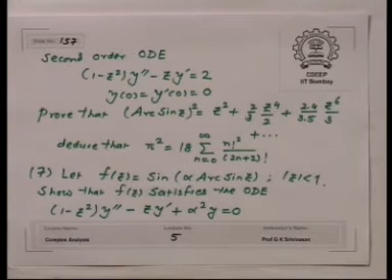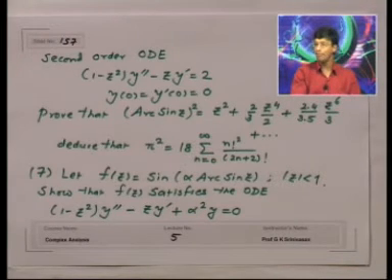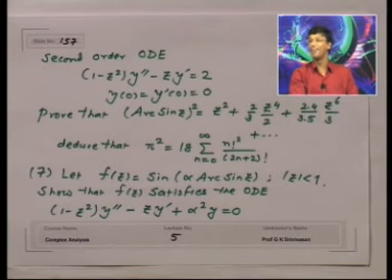Last question, question number 7. Let f of z equal to sine of alpha arc sine z. Take the unit disk mod z less than 1. Remember we cut the complex plane along those two rays. The unit disk lies in that region. Work in the unit disk, does not matter. Take the function f of z equal to sine of alpha arc sine z. It is an analytic function. Show that fz satisfies the ODE 1 minus z squared y double prime minus zy prime plus alpha squared y